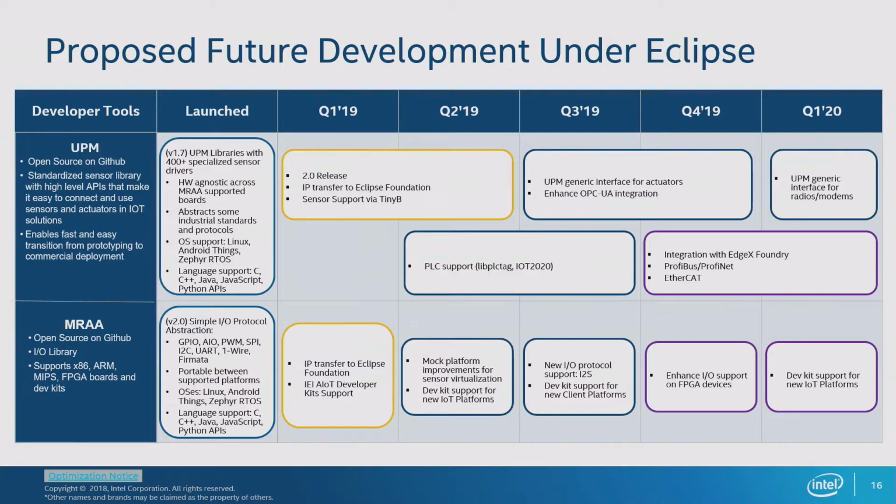Also, we just released the 2.0 version of UPM. That's a major stable version. It includes a lot of interfaces and other things that just happened a couple of days back. And of course, the project is also in the process of being reviewed by the Eclipse Foundation. Let's see, what else do we have for UPM? We do want to add additional interfaces for radios and the communication devices that we support. OPC UA, we want to enhance that integration, and we also want to add additional interfaces for actuators. And the community seemed really interested in that.